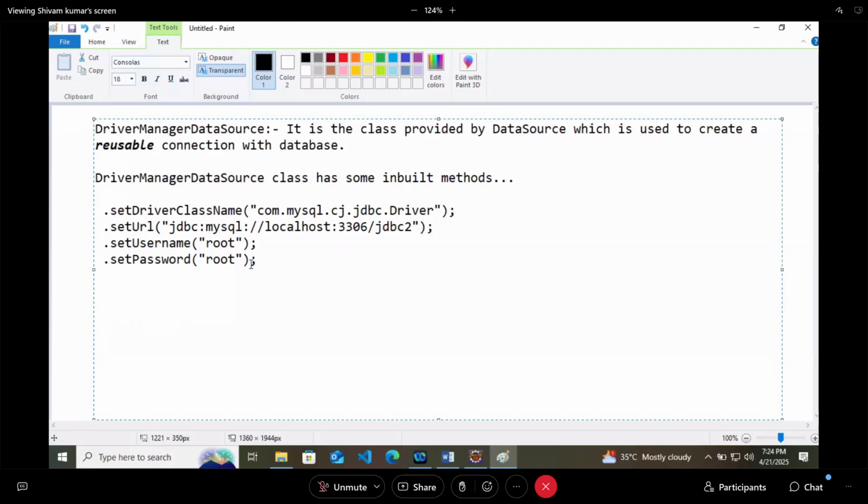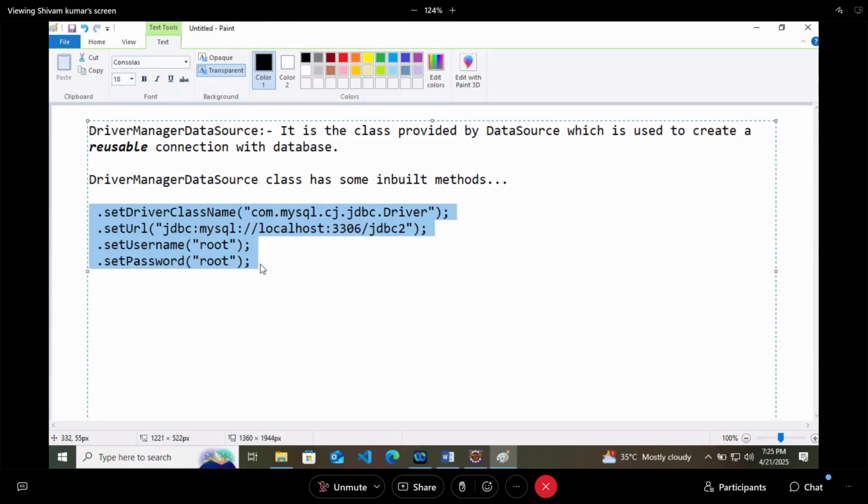So these are the inbuilt methods that are provided to us by this DriverManagerDataSource class, and all these methods are inbuilt. Now what we will do, we will define one bean of this type, DriverManagerDataSource, and we will get one connection.